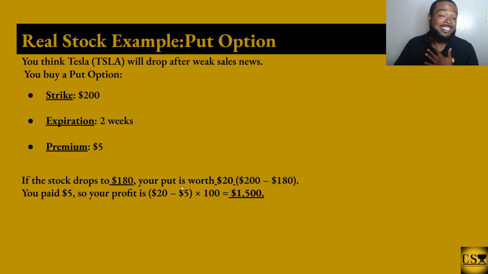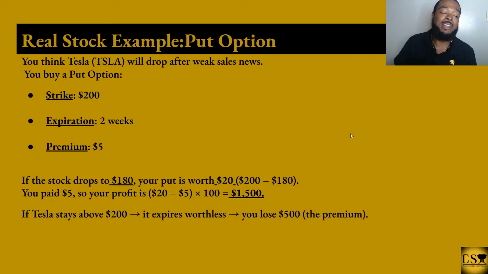So now your Tesla shares are still worth $200 to you. You paid $5, or $500, in insurance for that, and now because you paid that insurance, you can still sell your Tesla shares at $200 a share. And remember, this is times 100, so you have 100 Tesla shares that you're doing that with. And you're selling them at $200 when the current price is 180. So you make that $1,500. So you make money on the stock price going up or down.